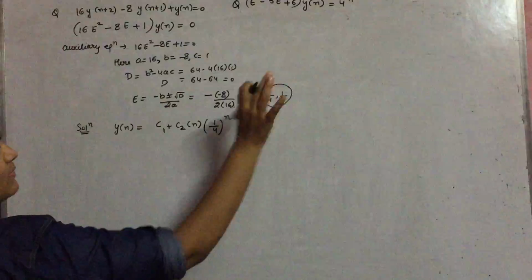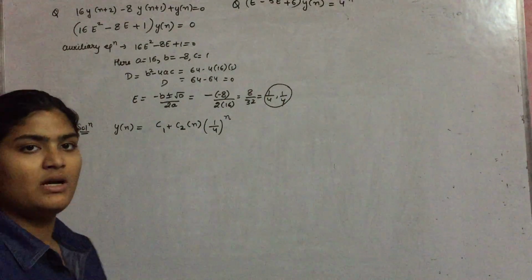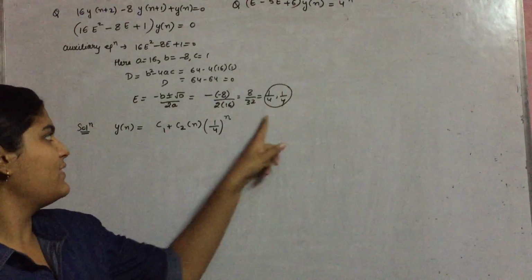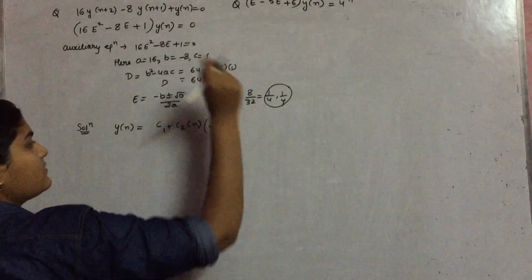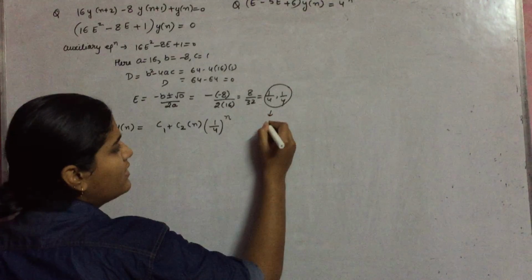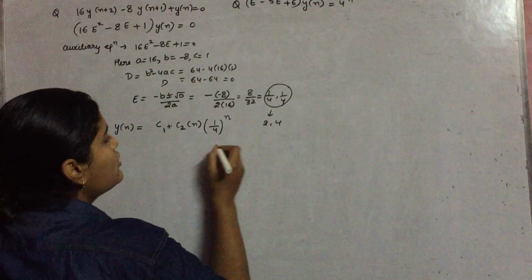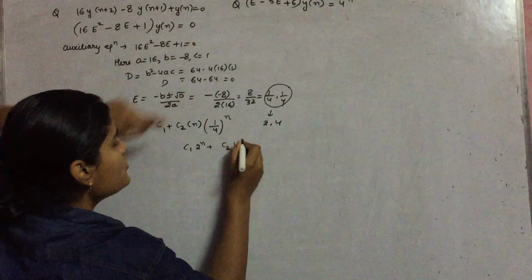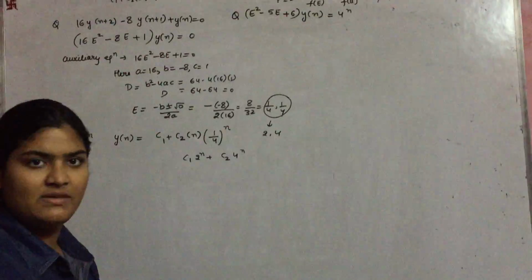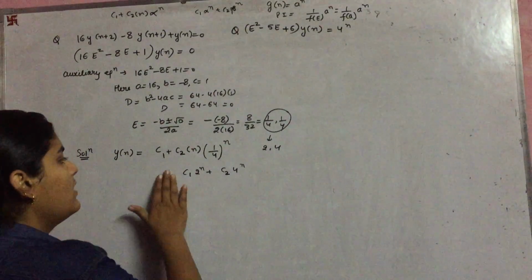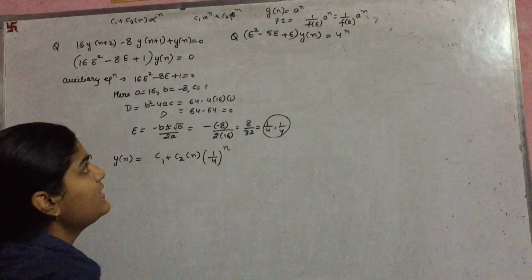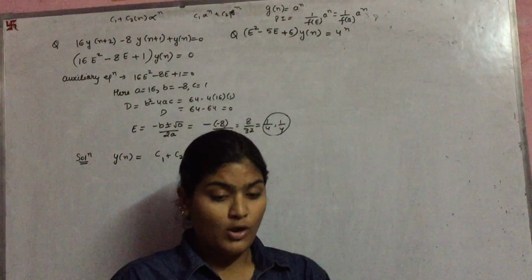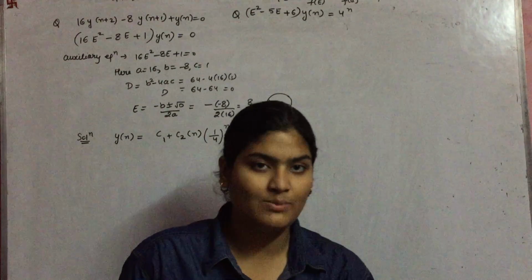Now, let us suppose D does not come out to be 0, then what can you do? If the roots are different, then you have to apply this formula. Let us suppose there were two roots, 2 and 4. So you get c1 2 raised to power n plus c2 4 raised to power n. This is your solution. C1 and c2 are arbitrary constants, but now there is no need to solve it. Let us come to another point, which is the non-homogeneous equation. For the non-homogeneous equation, let us suppose case number 1.